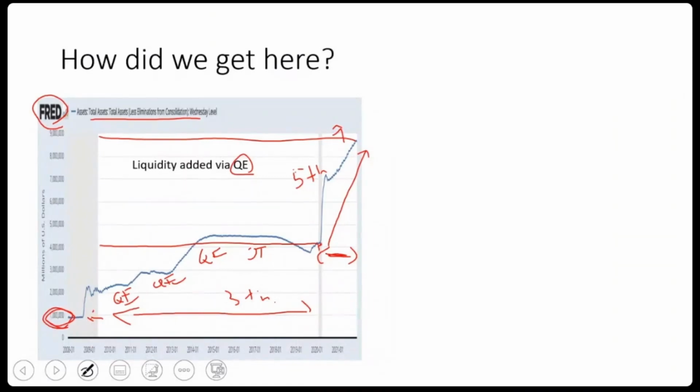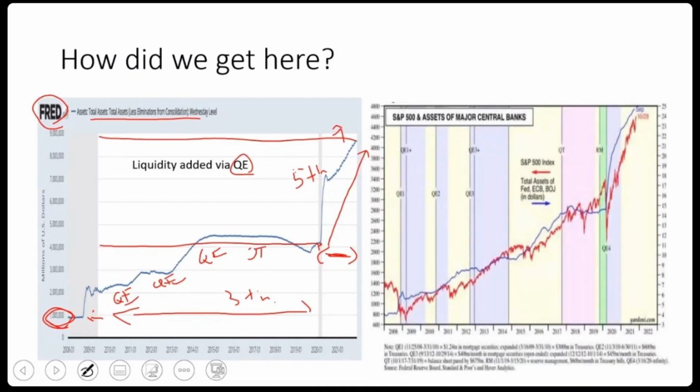Where did the money go? We all know. Money, of course, made its way into assets, whether it's stocks, bonds, crypto and such. I'm just going to show you this chart. This represents not only the Federal Reserve, but the ECB and BOJ, because all these guys were printing over the past 10 years. But it's put together with the S&P 500. So the blue line basically represents the amount of liquidity. The red line represents the S&P. As you can see, there's a very high correlation.